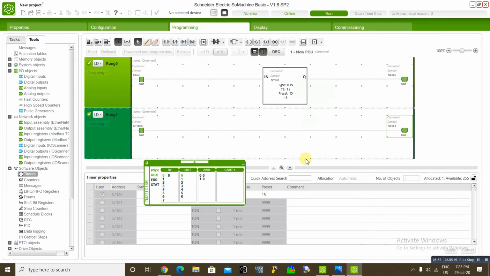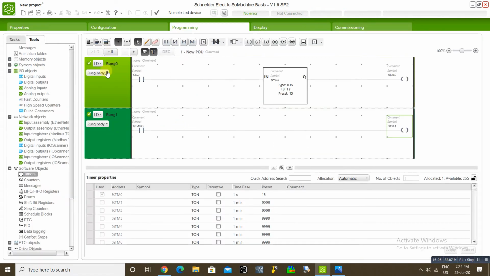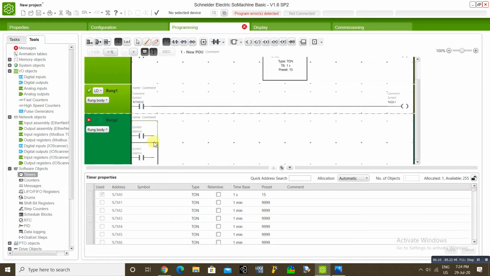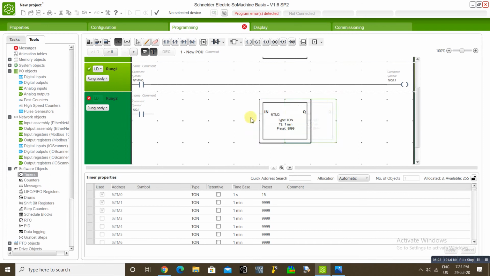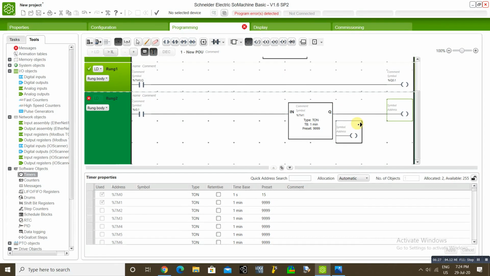If you want to add one more timer, it is simple. Add one more rung, add your particular input, enable inputs whichever you want. So I will put one more input and go to timer block, insert, connect output.